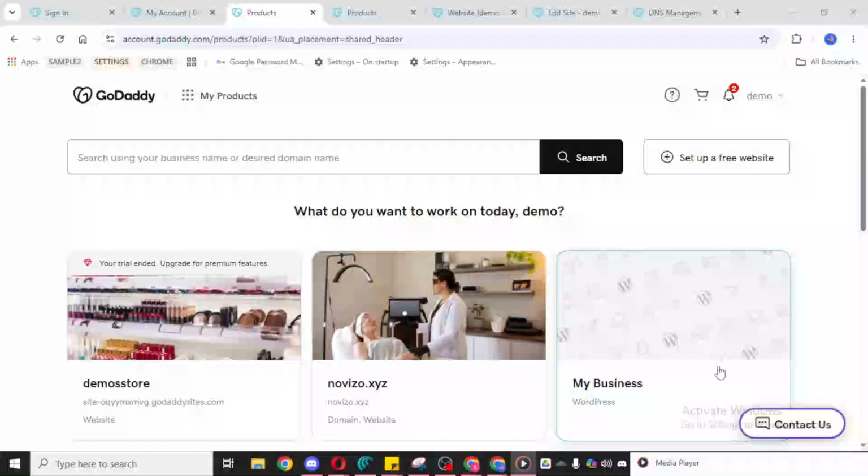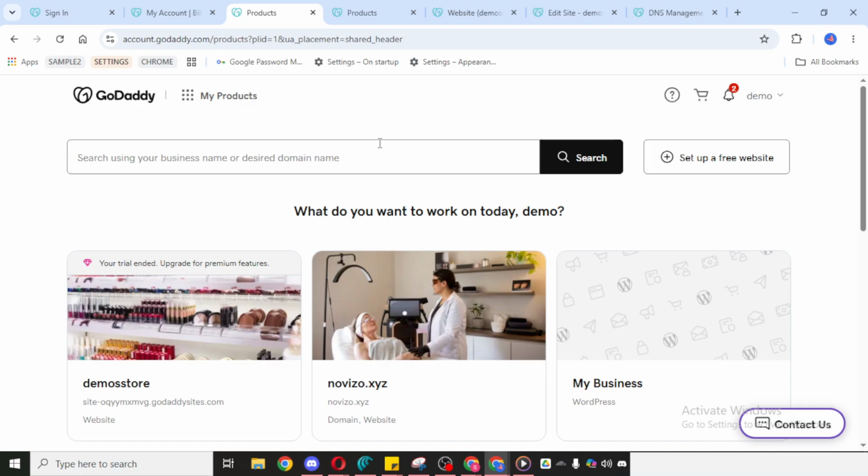In today's video, I'm going to teach you how to add DNS records on GoDaddy. We'll go through the process step by step so you can update your domain settings with confidence. If you're new to DNS, don't worry. This is a straightforward task once you know where everything is located in your GoDaddy account.